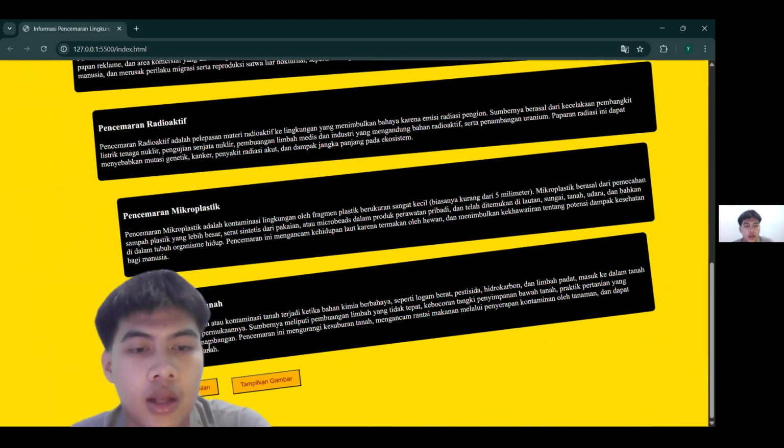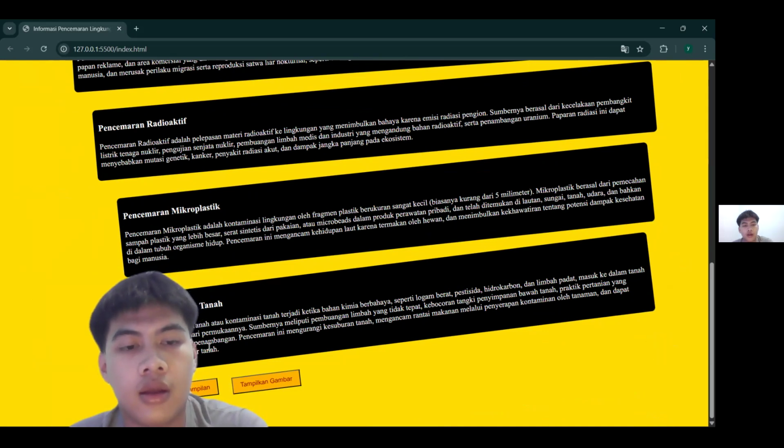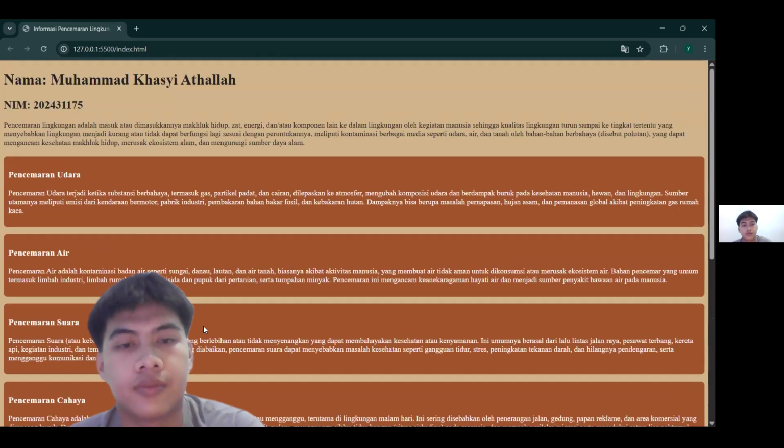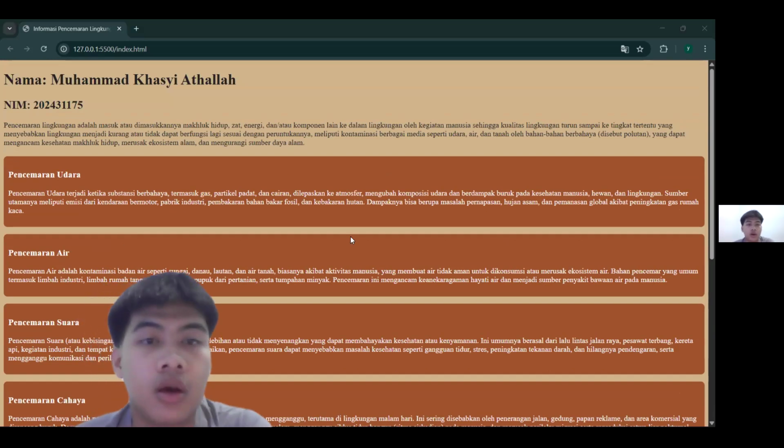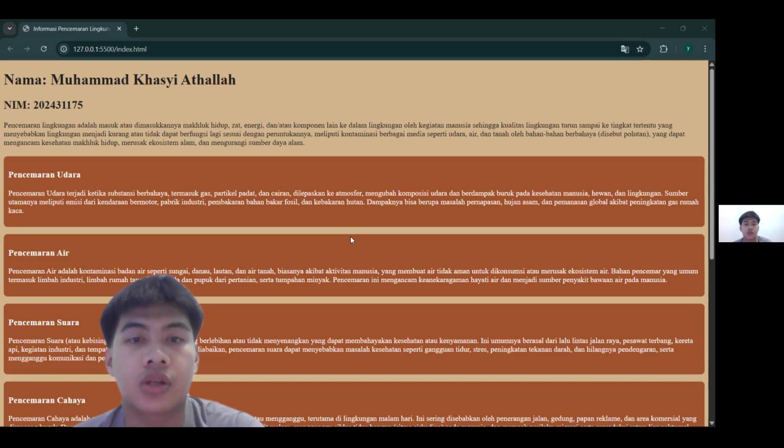And then when I click "ubah mode tampilan" again, it will go back to the neat mode like this. I also make sure the text color has enough contrast with the brown theme. For example, I use dark text on light brown and white text on dark brown areas.